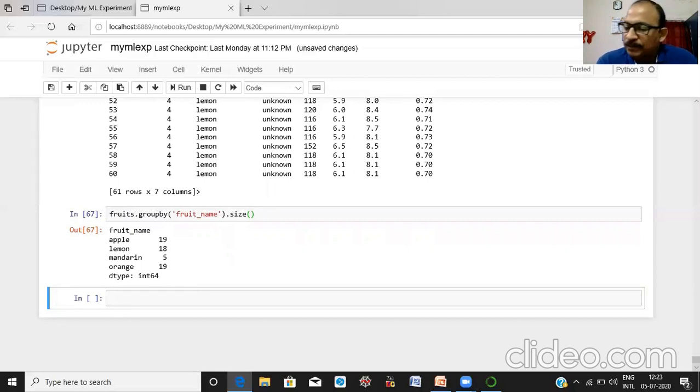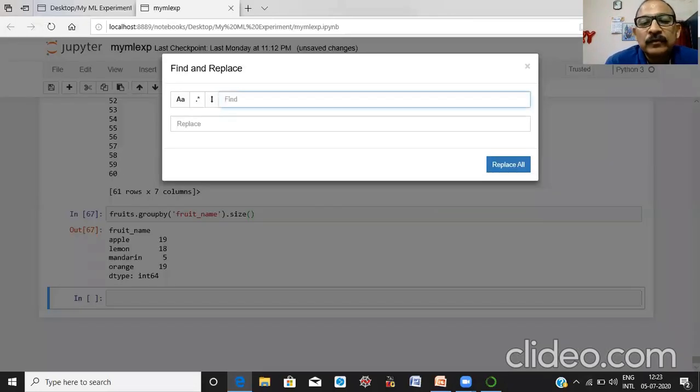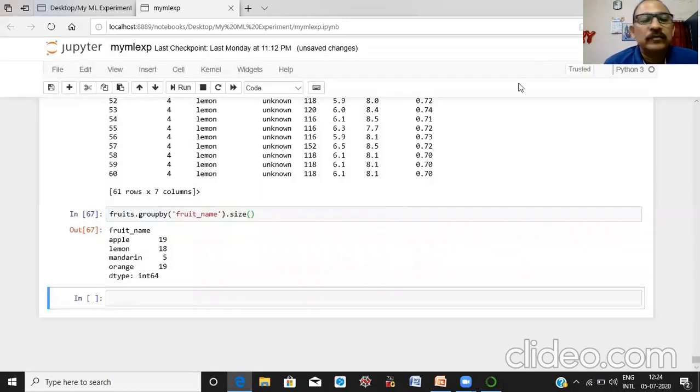Now suppose you want to make a group by on two variables, or you can say two columns.